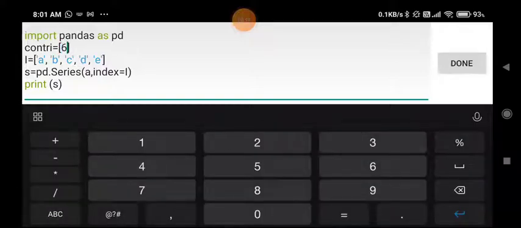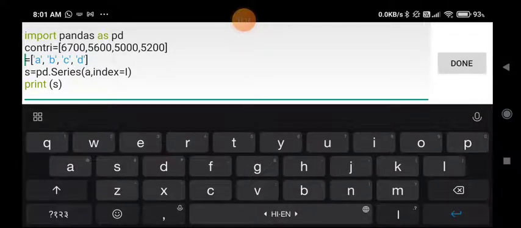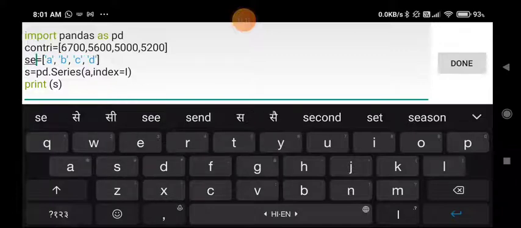So for that I'm writing 6700 comma, then after, according to your book, 5600 comma 5000 and finally 5200. These are the four values, and that's why I'm removing E from here. So these are the four sections, and I'm making sure that the variable name is section.